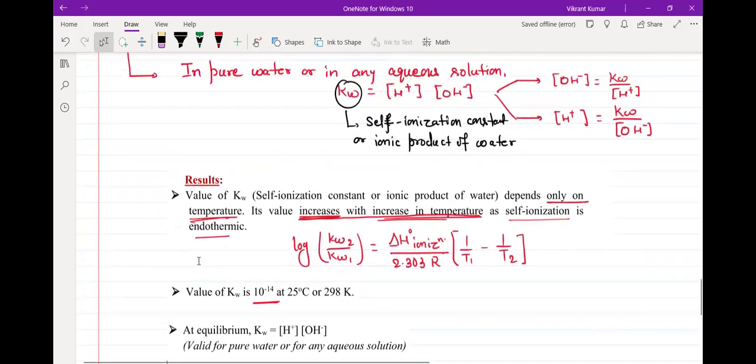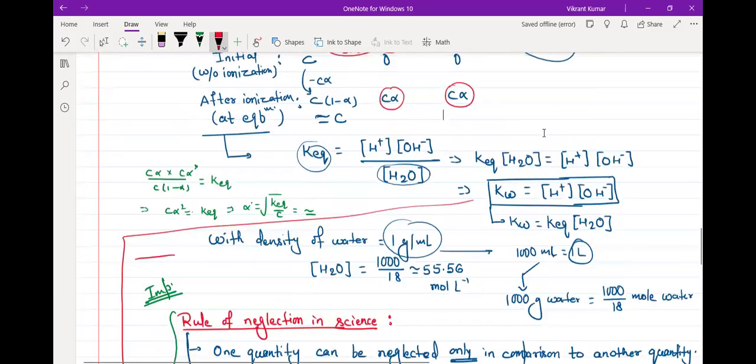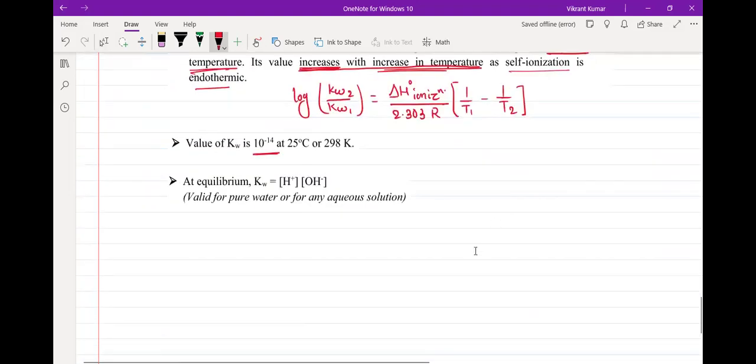In pure water, H plus and OH minus both of them are going to be formed by water only, and look at the coefficients, both are 1 and 1. And that's why, if the coefficient is 1 and 1, they will be equally produced. You can see here, C alpha is formed, so this is also C alpha. And that's why we'll say H plus and OH minus both are equal in pure water, not in any solution. In any solution I have said, this is the relation we are going to use.